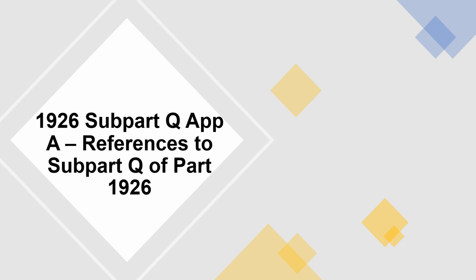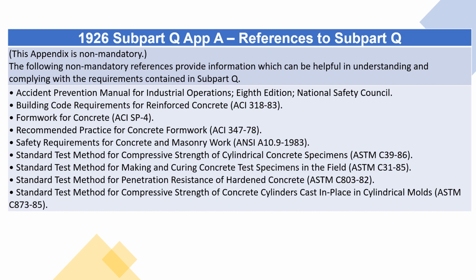1926 Subpart Q Appendix A: References to Subpart Q of Part 1926. This appendix is non-mandatory. The following non-mandatory references provide information which can be helpful in understanding and complying with the requirements contained in Subpart Q. Accident Prevention Manual for Industrial Operations, 8th edition, National Safety Council. Building Code Requirements for Reinforced Concrete, ACI 318-83. Formwork for Concrete, ACI SP4. Recommended Practice for Concrete Formwork, ACI